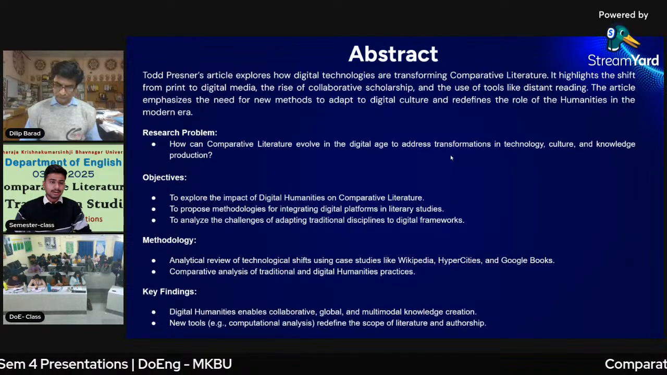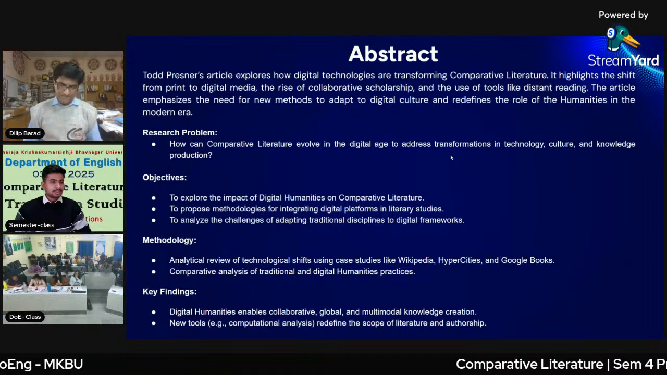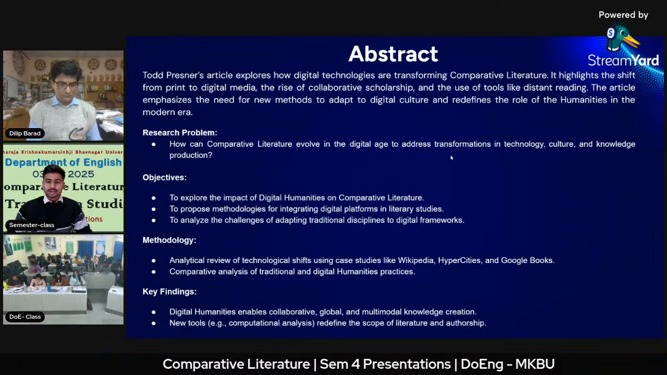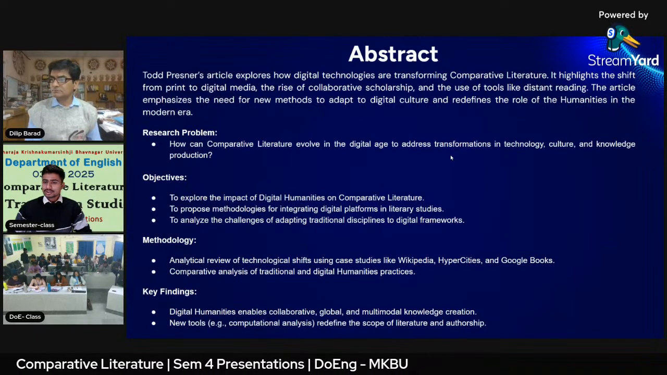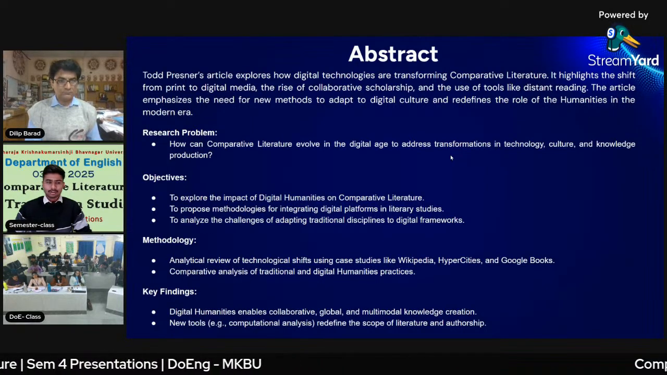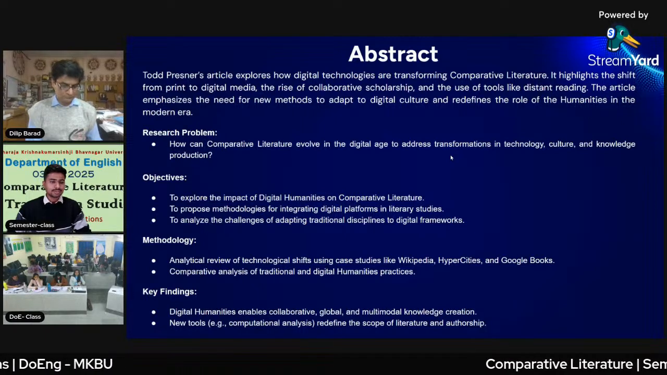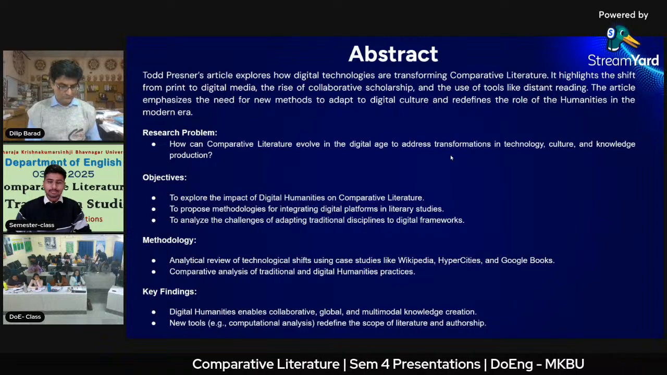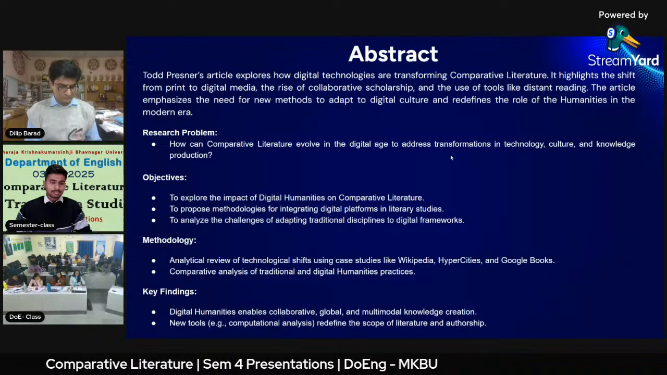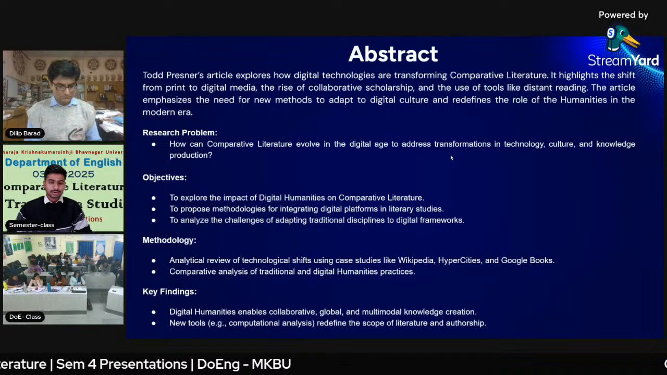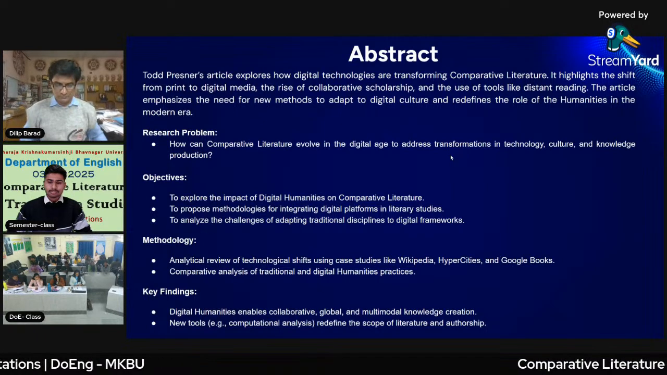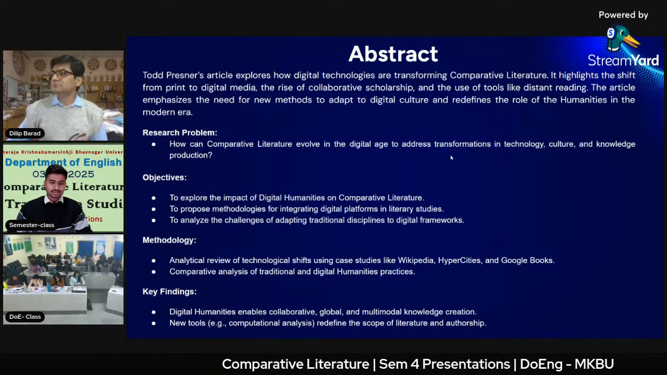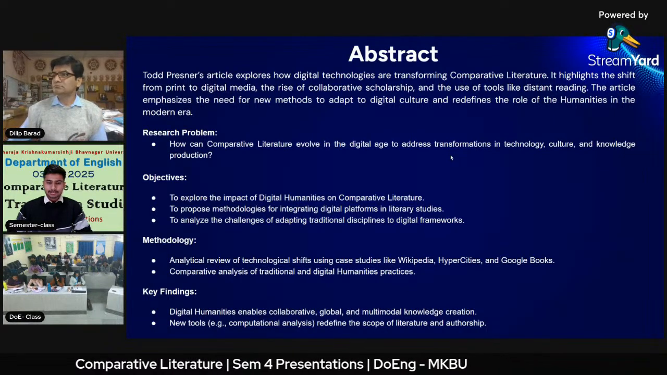in the modern era. This article's research problem is how comparative literature can evolve in the digital age to address transformation in technology, culture, and knowledge production. The article's objectives are to explore the impact of digital humanities on comparative literature, propose methodologies for integrating digital platforms in literary studies, and analyze the challenges of adapting the traditional discipline to